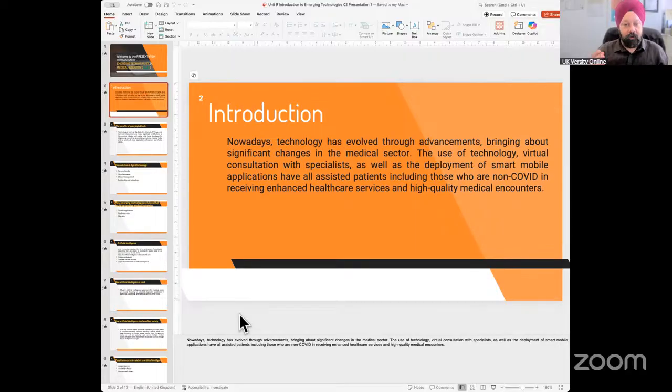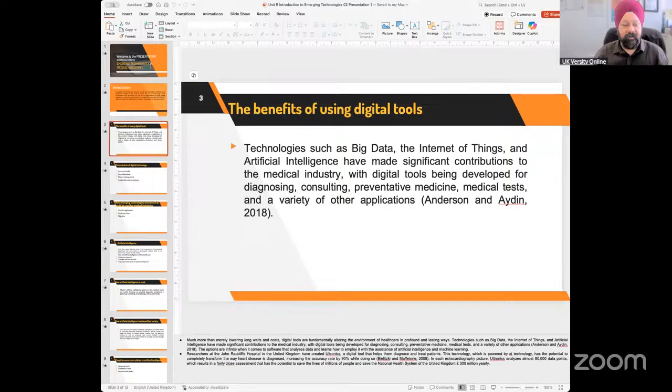But now that COVID is gone, we need to look at doing a bit of research, which is not just COVID, but in a broader sector, which will be for the medical institute. So I've written a bit of an introduction to explain how I'm making the presentation. Then I've written the first bullet point related to the benefits of using digital tools,